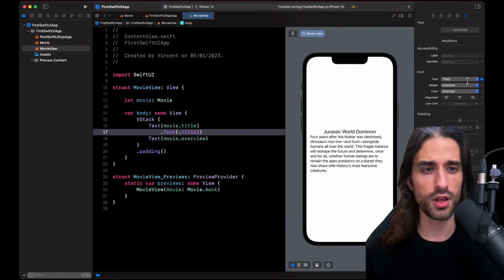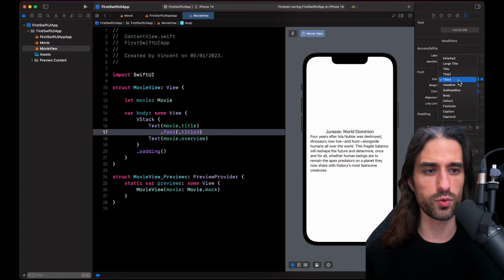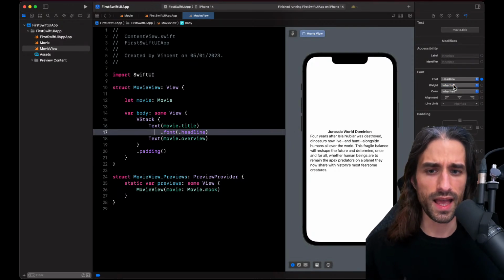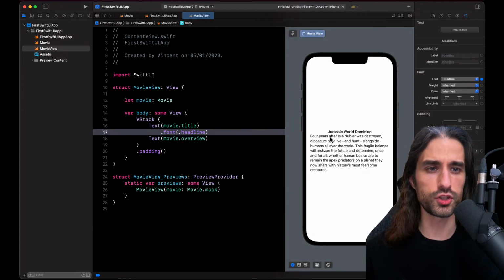This can be useful when you, for instance, don't remember the name of a modifier, or you want to try one after the other and go over them, see, okay, how do they look like? Which one should I use? I'm going to go back to using a headline, and then I'm going to want to change the alignment of, not the text, but rather of the VStack itself, because I would like to have everything aligned to the left, because it will look much better once I've put everything in a list.